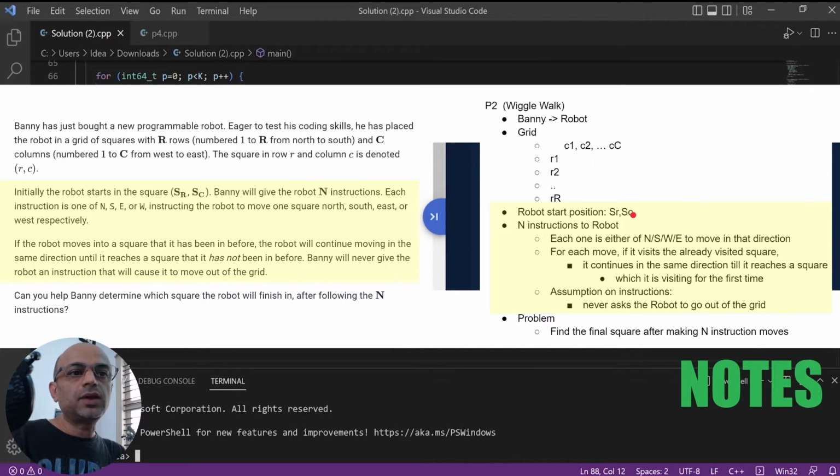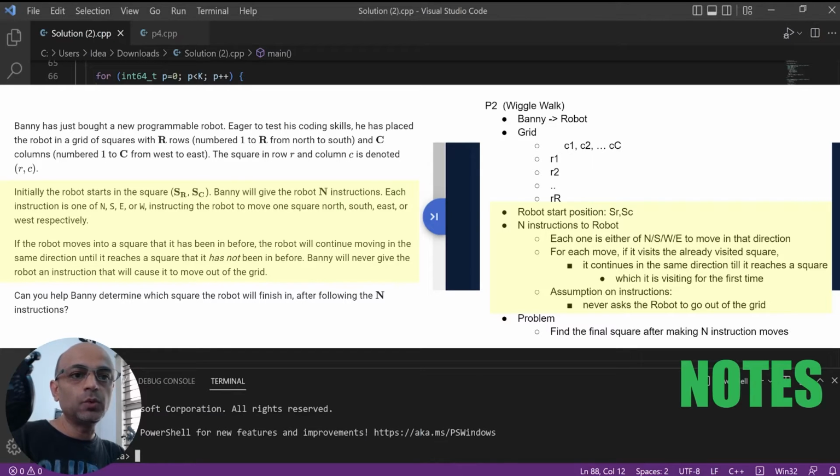Banny will also give n instructions as a string with n characters to the robot, where each character will be either N, S, W or E, indicating the 4 directions north, south, west, east, asking the robot to move in that direction.